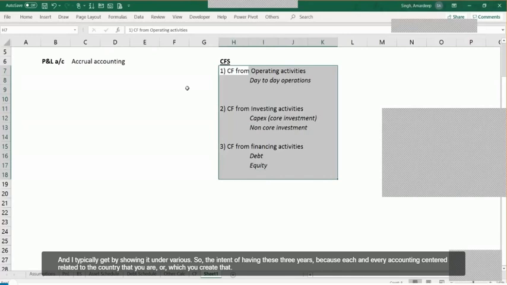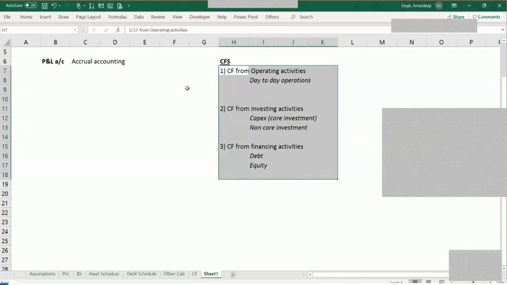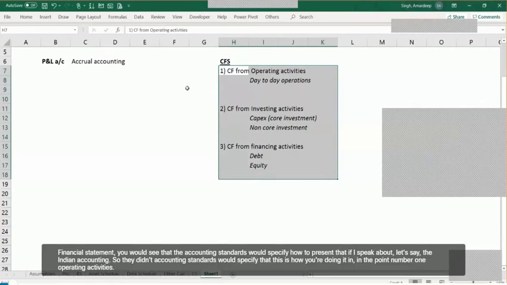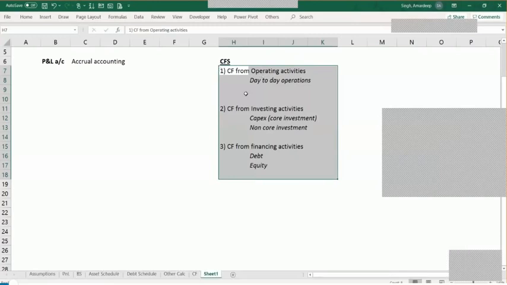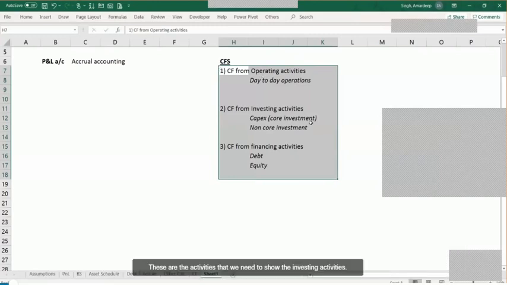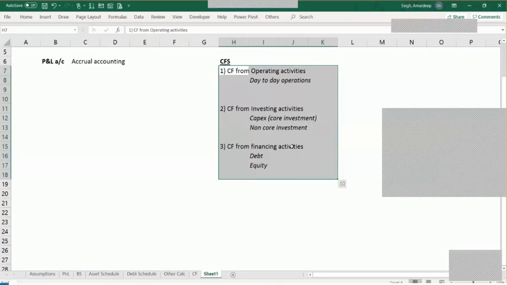So the intent of having these three heads is because each and every accounting standard related to the country for which you create that financial statement would specify how to present that data. If I speak about, let's say, the Indian accounting standards, they would specify that this is how you do it. In operating activities, these are the activities that you need to show. In the investing activities, these are the pointers that you need to cover, and so is the case for the